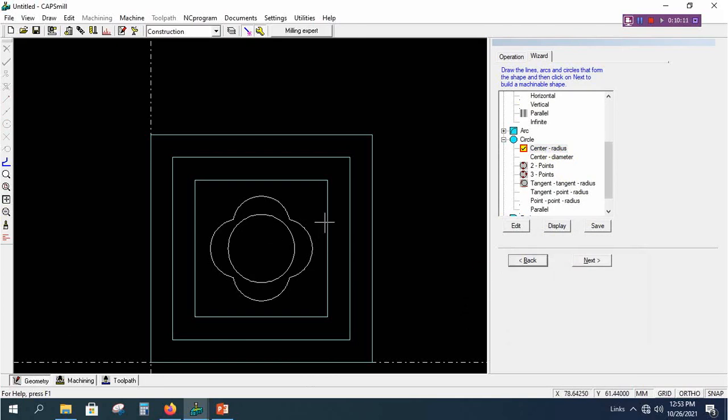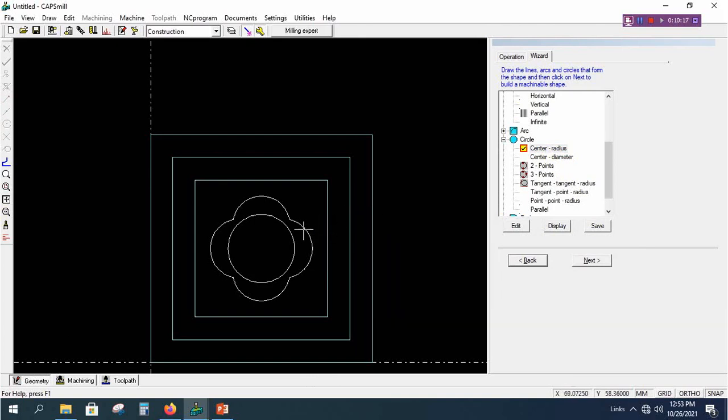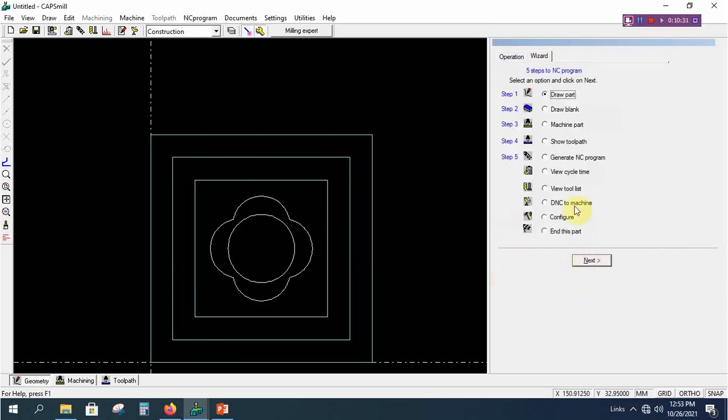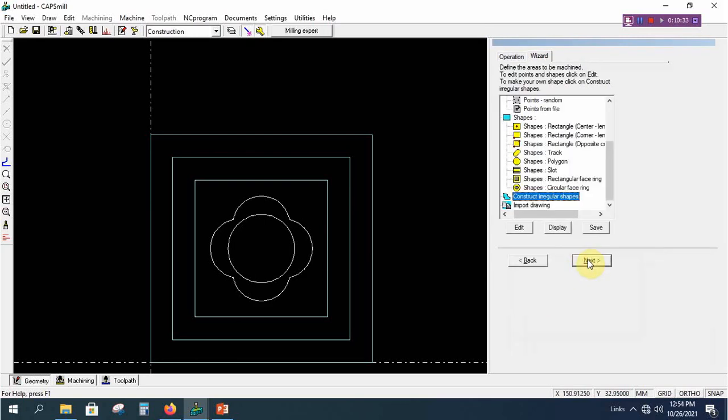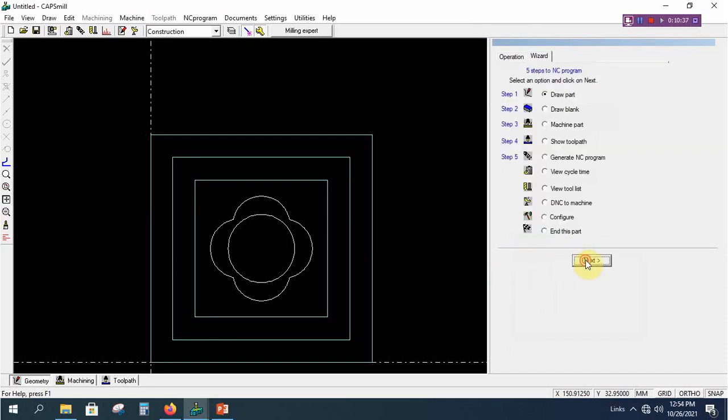Say these three already color changed. It is in single entity. We have selected rectangle option. This line by line we created. Okay, so we have trimmed so many entities so that we have to change the color here only. Go to next, draw pot, go to next, edit, go back, next.